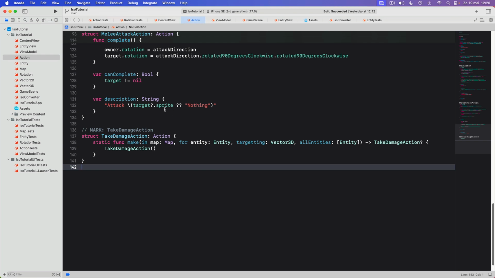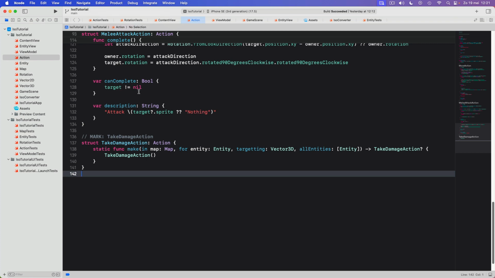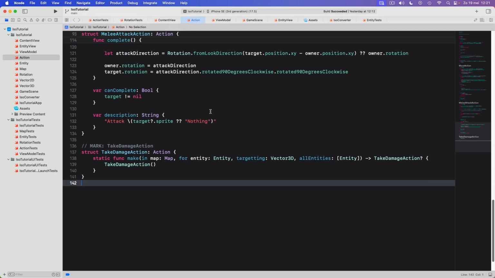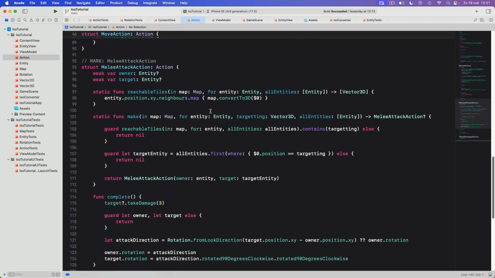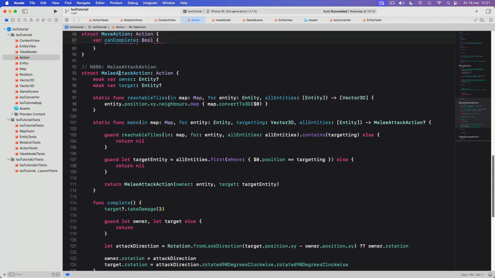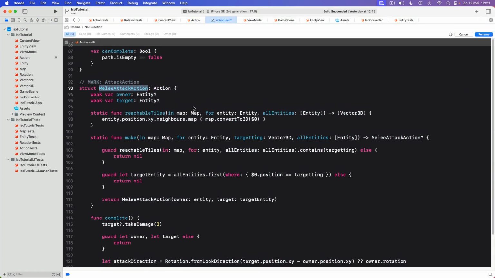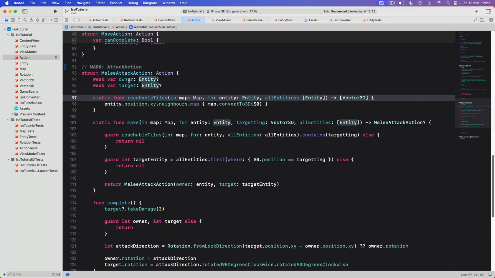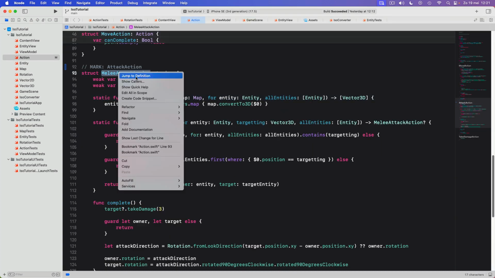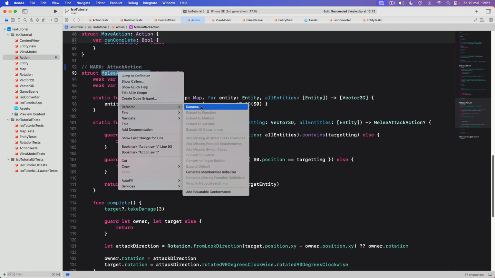Hello everyone, today we start with ranged attacks, and the good news is we have almost everything we need for ranged attacks already available. Because we're going to use this somewhat ill-chosen name MeleeAttackAction also for a ranged action. So the first step will be to rename this one from MeleeAttackAction, because these refactoring functions in Xcode aren't always